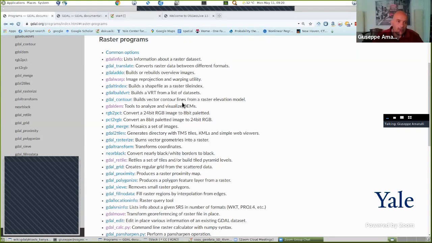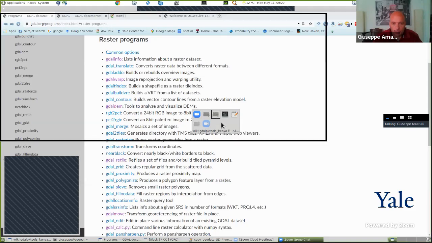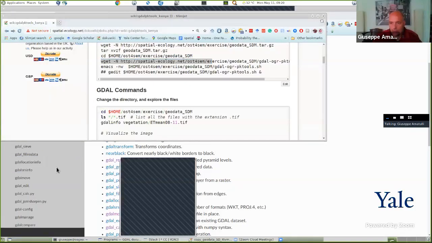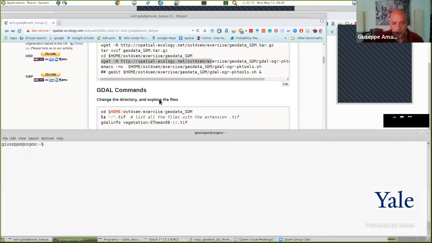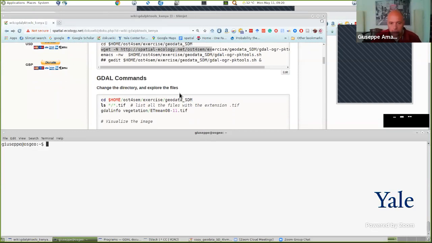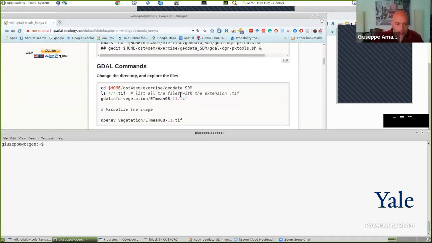So now let's move to the example, and we will go step by step to see which kind of operation we can do in a practical sense. So if you go to the program, I set up my page in this way. So now I can move this one here. Okay, so if you were able to enter in the virtual machine, you can access directly to the